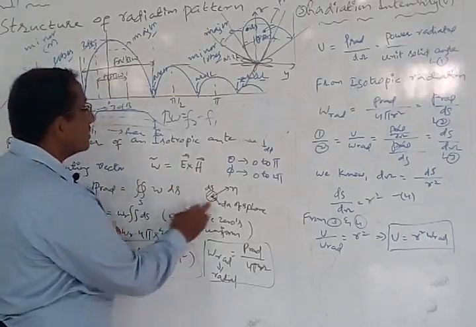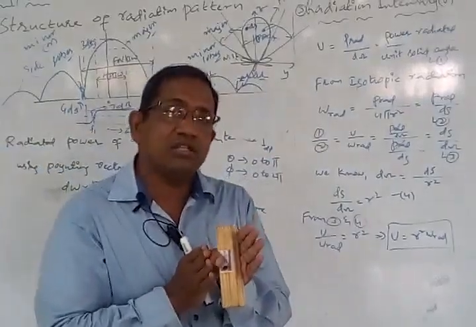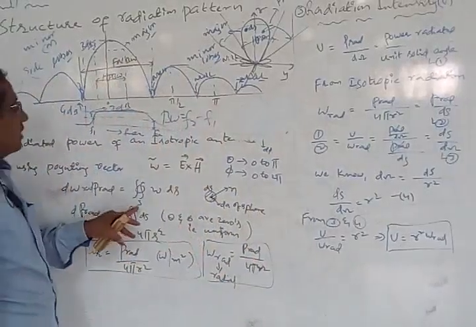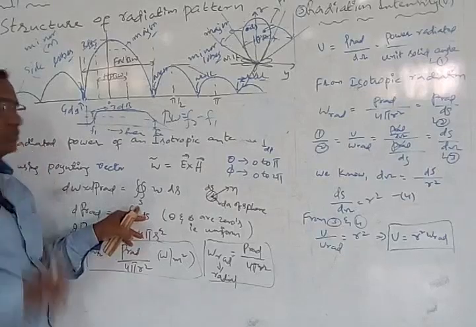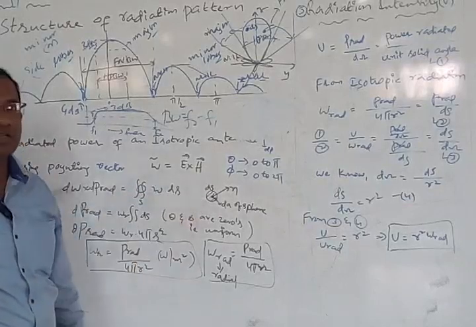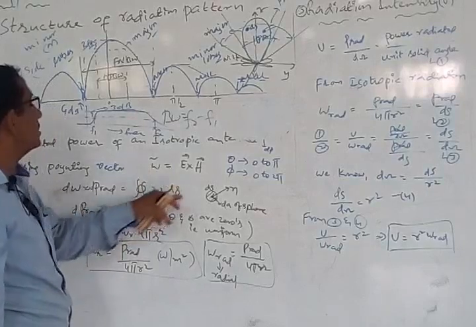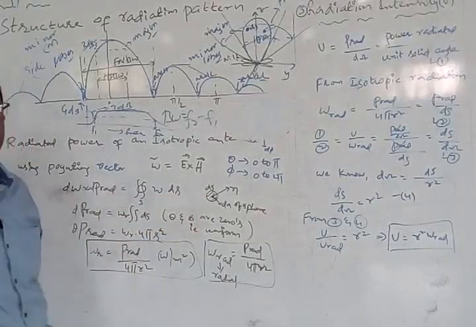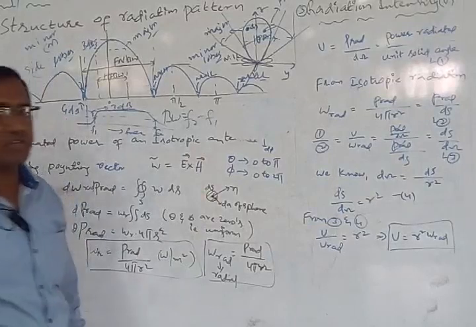So if we consider differential surface area in the free space where the energy is getting radiated radially outward, radially outward means what? Among the three coordinates, one thing is radially outward. Therefore we normally use only two integrations to find out this particular surface area. So the power coming out is nothing but the differential radiated power from this particular differential surface area, right?